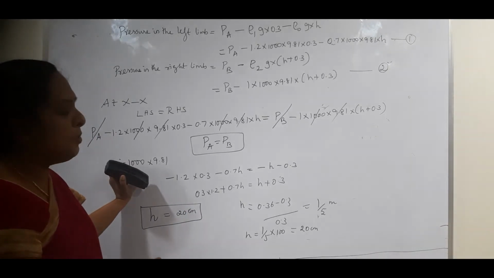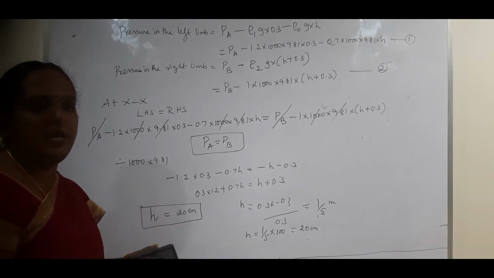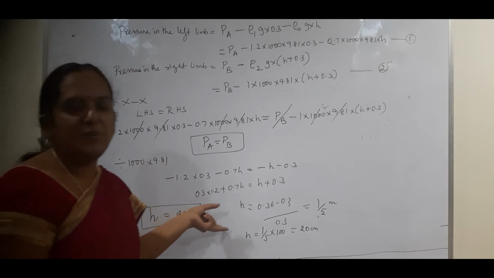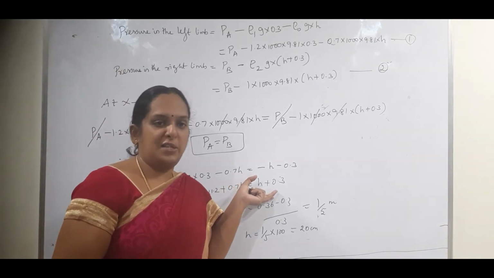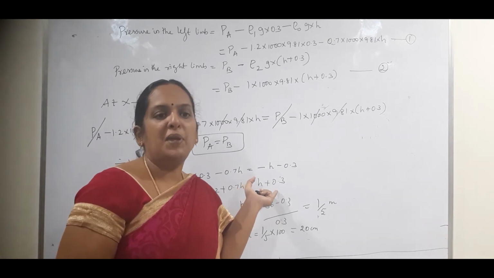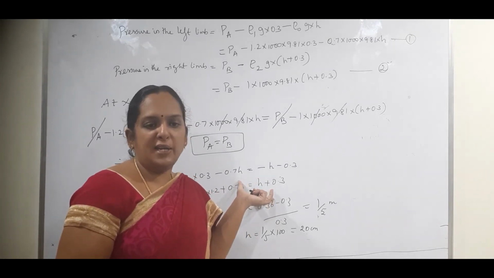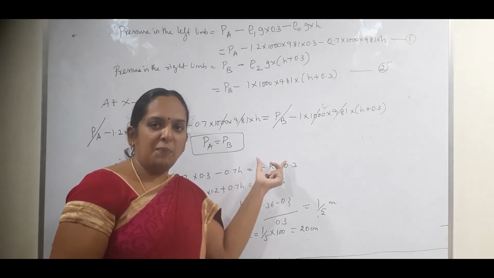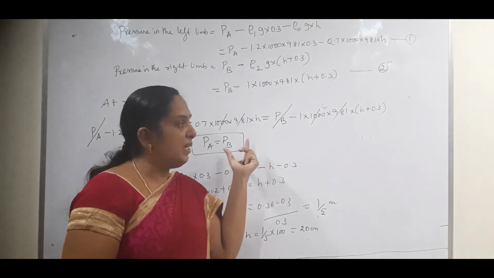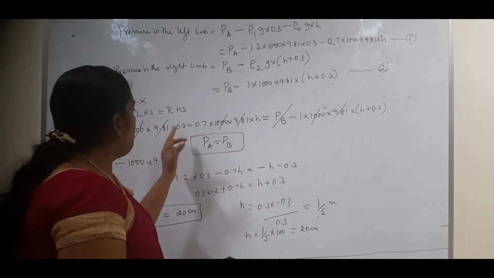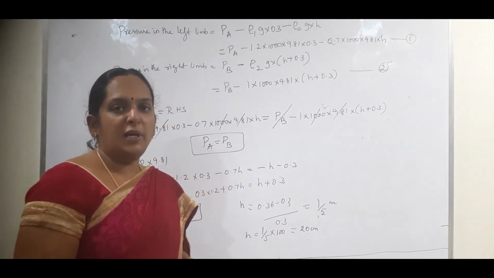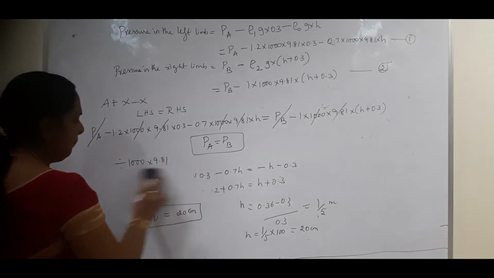Is it clear? So in this question, they have given you the difference in the limbs, and here the unknown is H. So you have to find out what is the H, that is your pressure head, that is asked in your question. So we have to be very careful while we make the equation, very particularly for the inverted U tube manometer, we should not miss this minus sign. Is it clear, guys? So we will go for one more problem now.